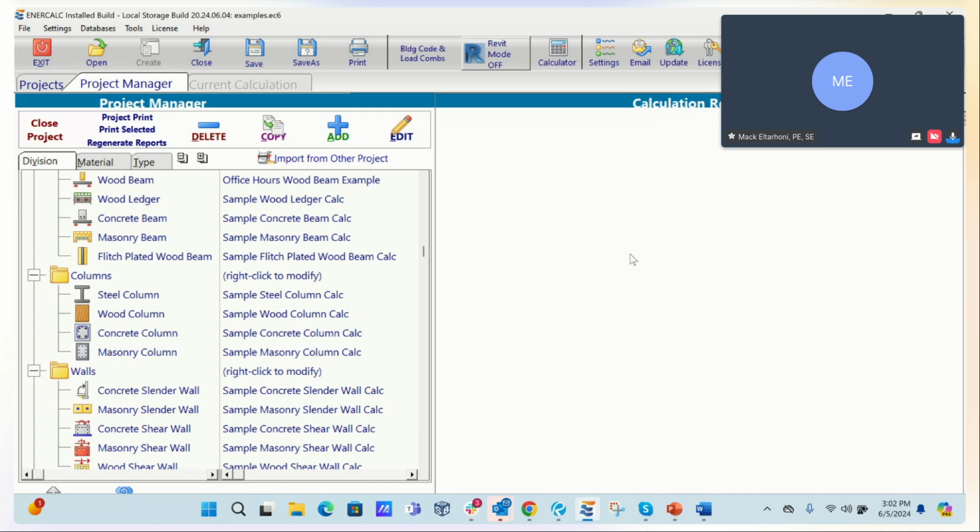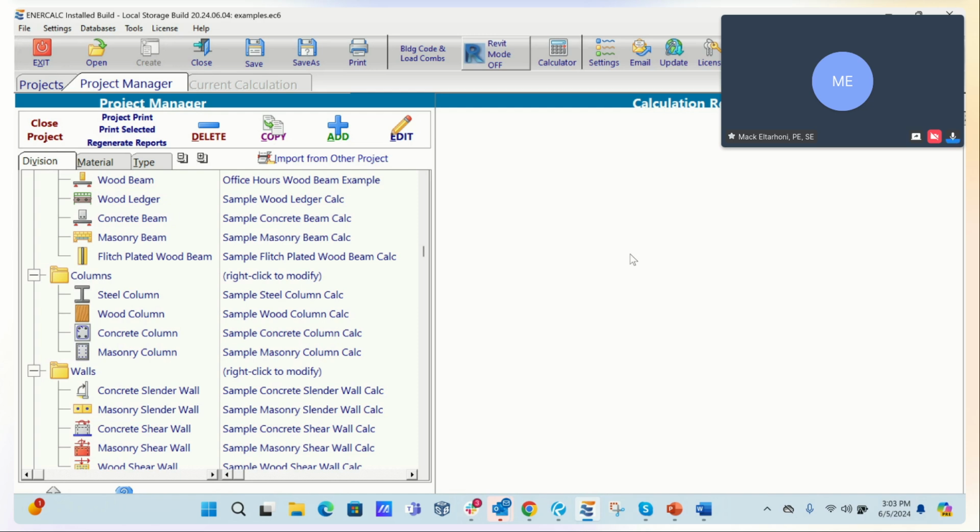So what happens now is that you can create beam 1, for example, and then when you create beam 2, you can say, I want you to apply the left reaction, for example, from beam 1 at the midspan of beam 2. So now you're linking your calculations together. If beam number 1 is transferring a reaction to beam number 2, and then beam number 2 transferring a reaction to beam number 3, and beam number 1 changes, all you have to do is click recalc, and all of these new reactions will carry, and it'll tell you if anything changed, or throw a red flag if a size is not working or something like that.